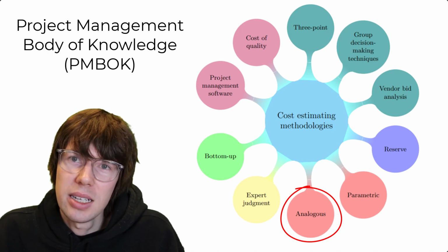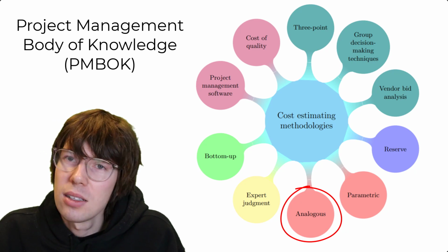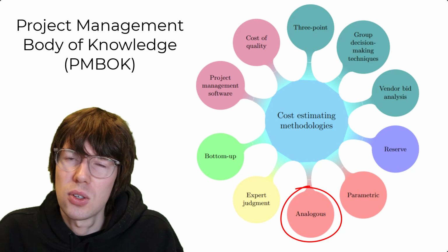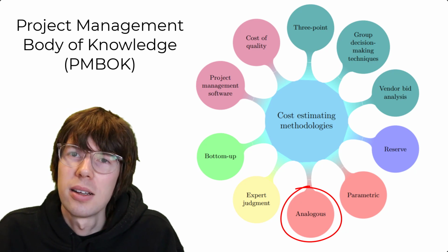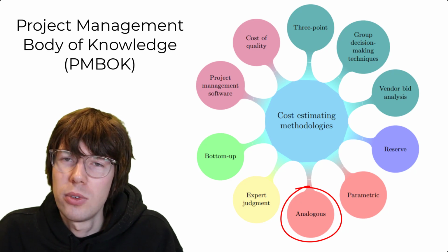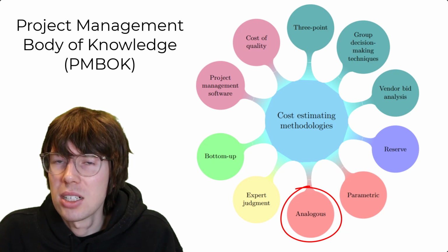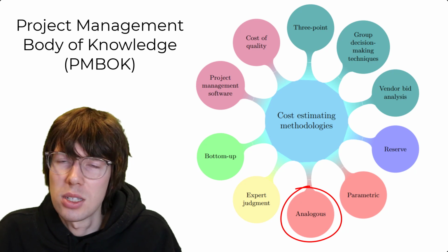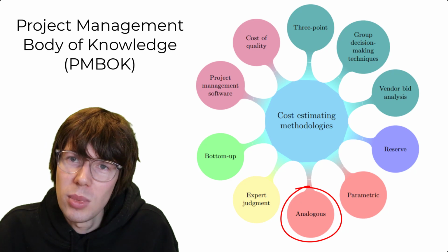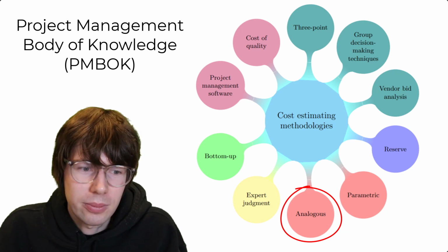Analogous cost estimation is actually no different than parametric. Actually, analogous cost estimation is just the very special case of an ordinary least square cross-sectional regression analysis when you only have one observation. So if you plug in only one real observation and an artificial 0-0 observation into the equations for OLS regression, then you will actually end up with the equation for analogous cost estimation. These two methods are one and the same. So that is quite interesting.